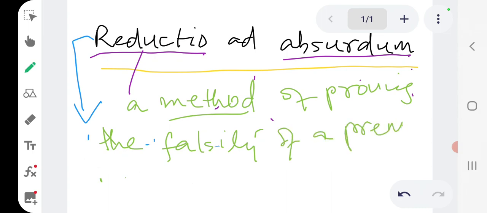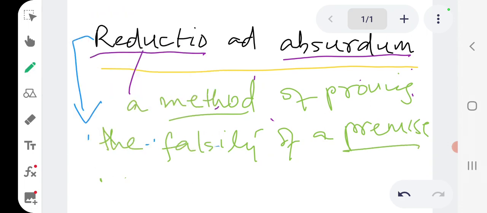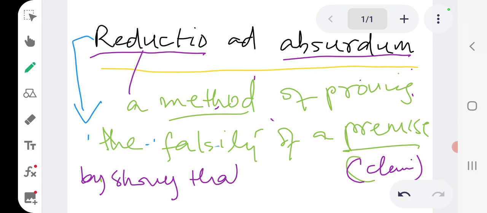A premise just means your claim about anything. So the method of proving the falsity of your claim by showing that its logical consequences